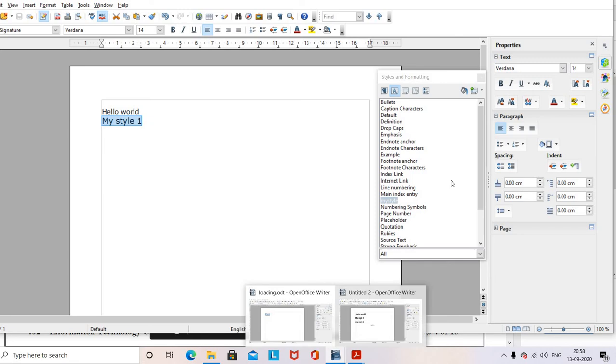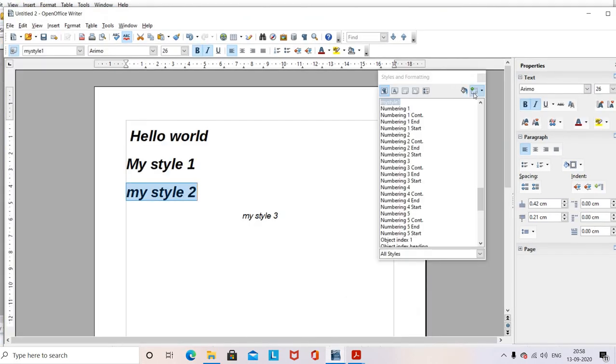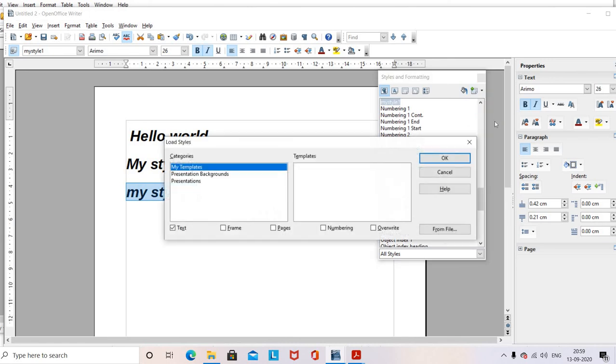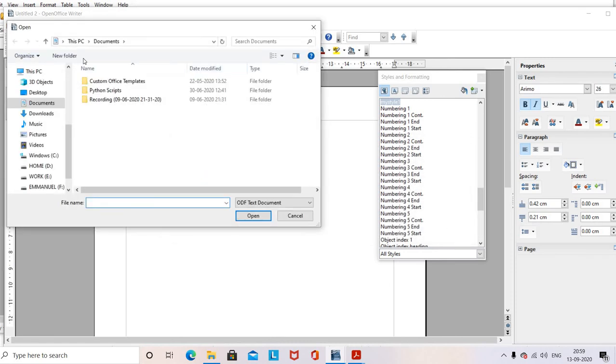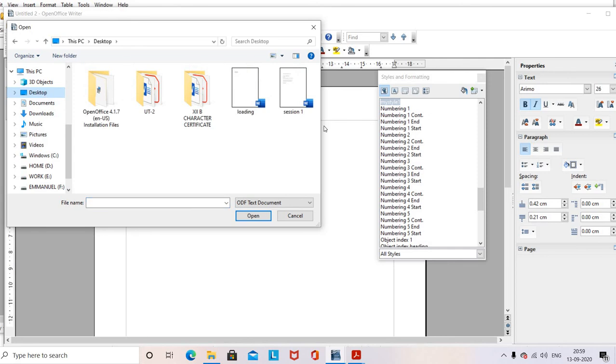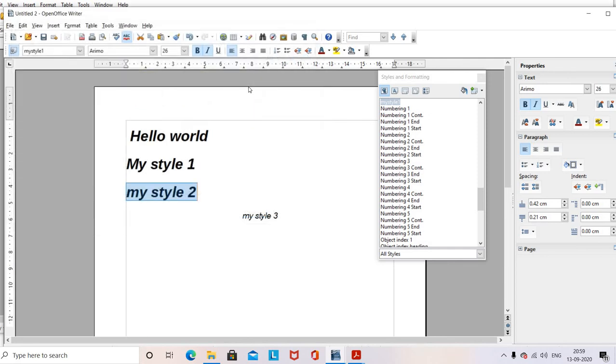Now you take your second document and go to Load Styles. Opening that, there you can get an option From File. You can select the From File option, then the desktop where I saved it as loading. Opening that, it will automatically give all the styles that you applied.